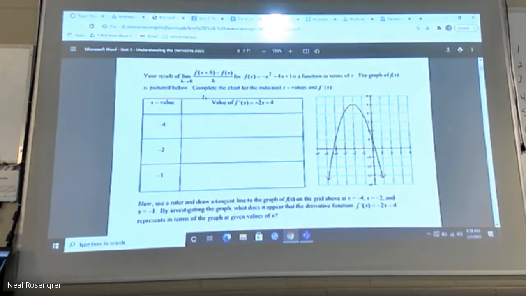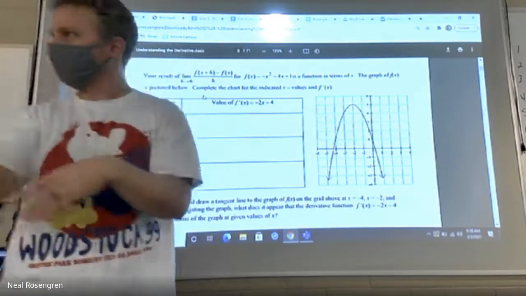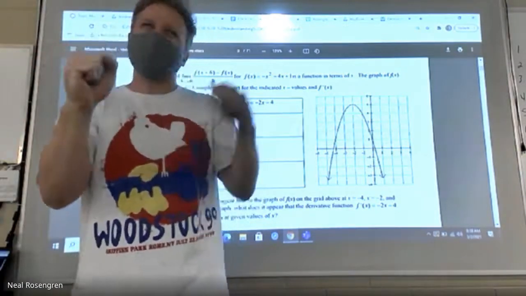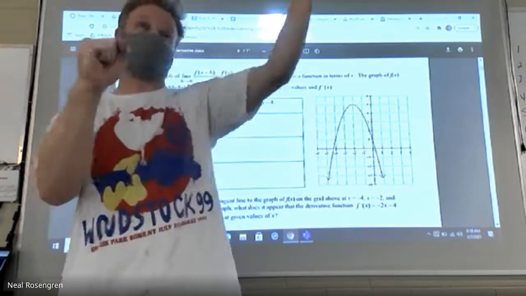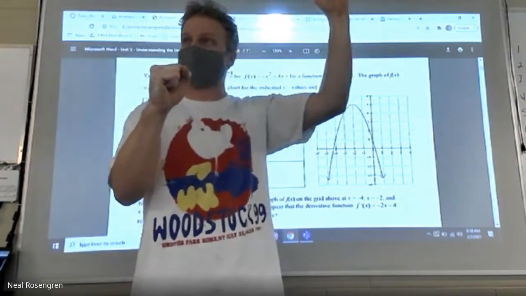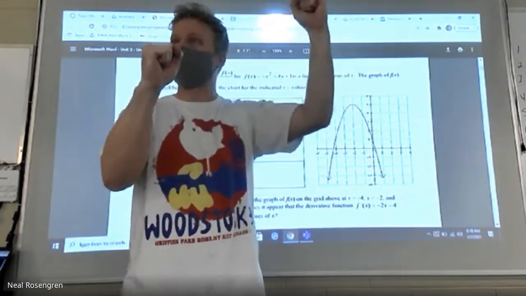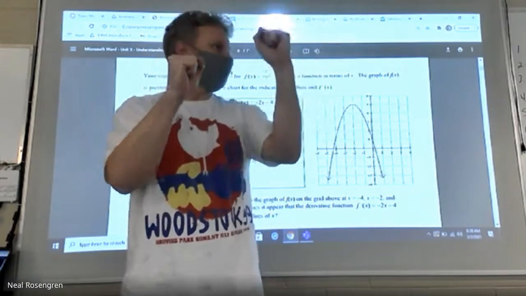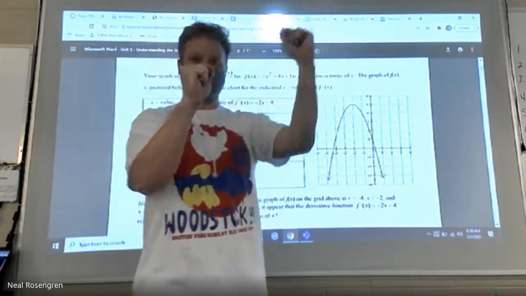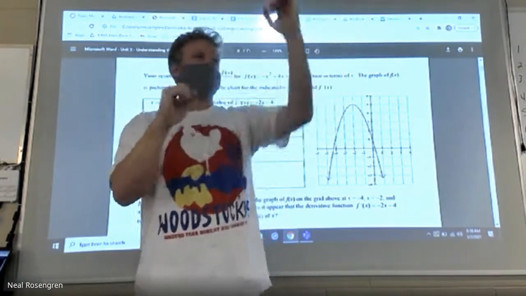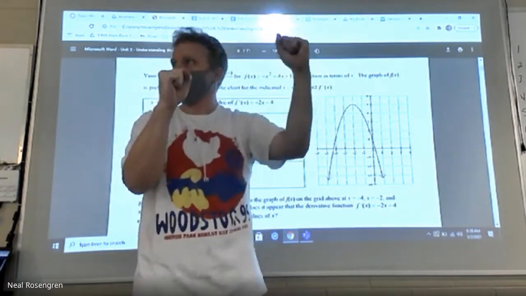But the idea of how I got us to that point was that I drew that graph and said, here's a point here. Here's what they struggled with: trying to figure out the slope of this line that only hits it once. Well, let's take a point somewhere else on the function and find that slope, because now I know two points, and then start moving it closer and closer. Because as this point slides closer to this one, the slope of that secant line starts approaching the slope of the tangent line.